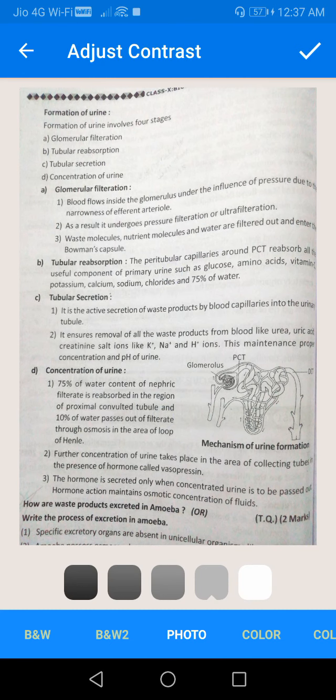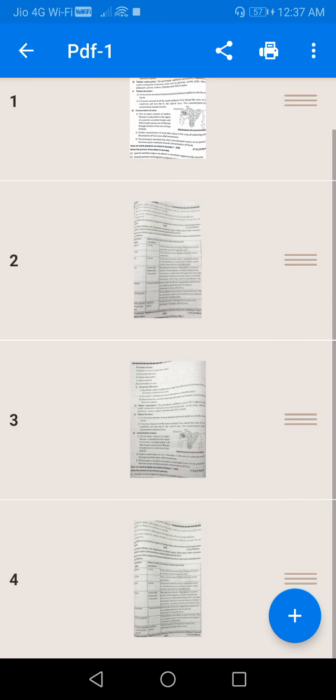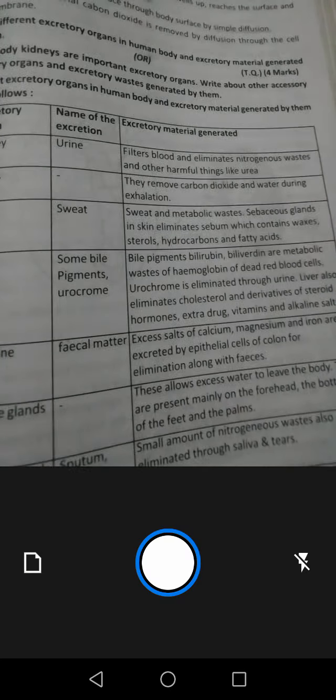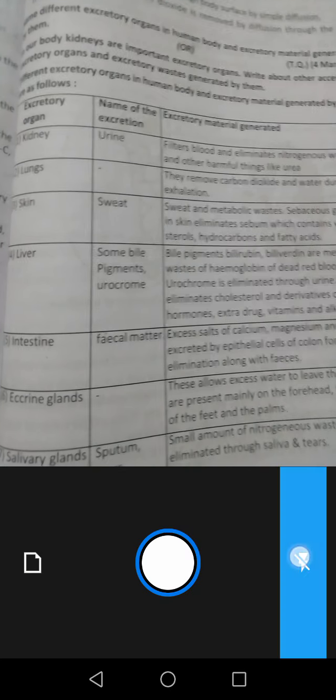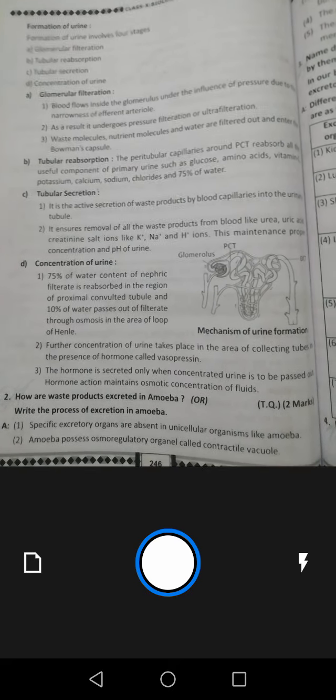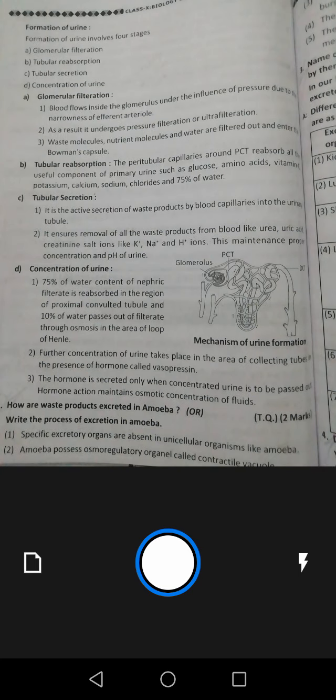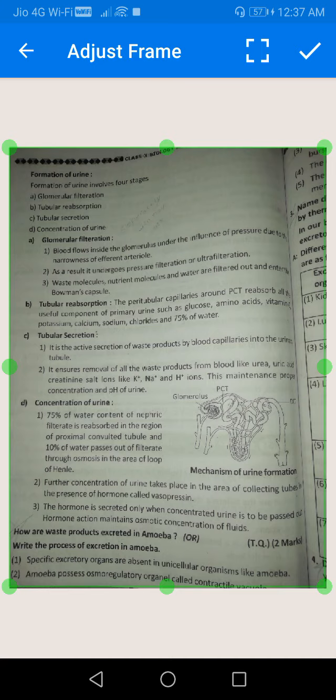Super quality. After all that, click OK, processing. And here we have a flash option also. By clicking this flash option we can take pictures with flash. See, it comes like this.